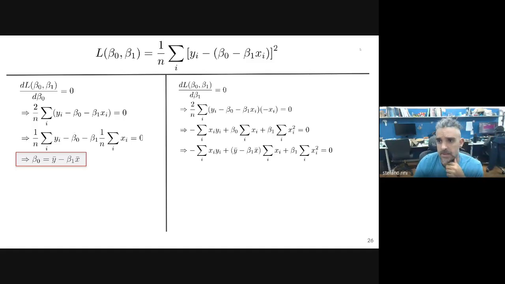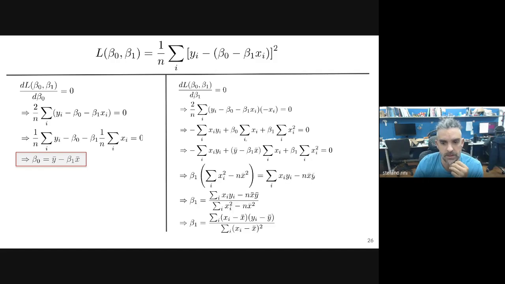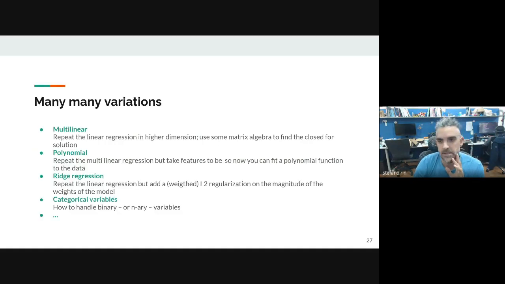We find this expression, then we take the partial derivative of the loss with respect to B1. We set everything to 0 in order to find the minimum, and so on. Basically, we find the mathematical expression of the minimum loss for the linear regression case. Okay, very good. So this is a very simple method, and there is a closed form solution. Never, ever again will you see a closed form solution for a minimization problem in machine learning. There are only 2-3 cases in which there is a closed form solution. In most cases, the solution is given in terms of an algorithm, an approximation, a procedure.